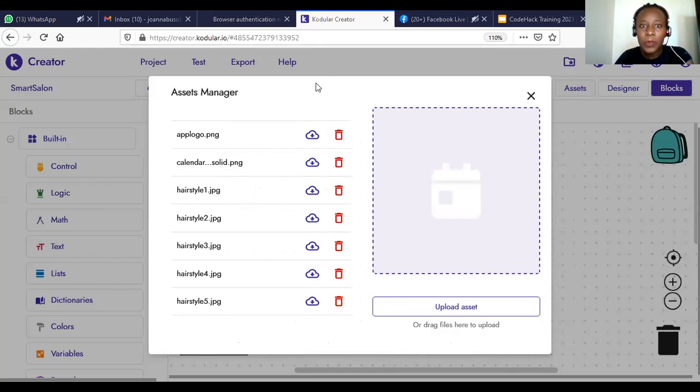With this, you are going to be able to put a calendar at the title bar. We want to put that icon at the title bar so that when someone wants to view all appointments, they can just click on that title bar